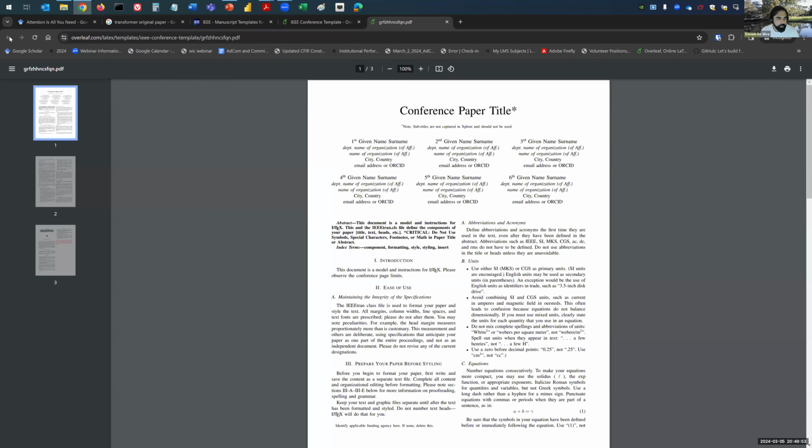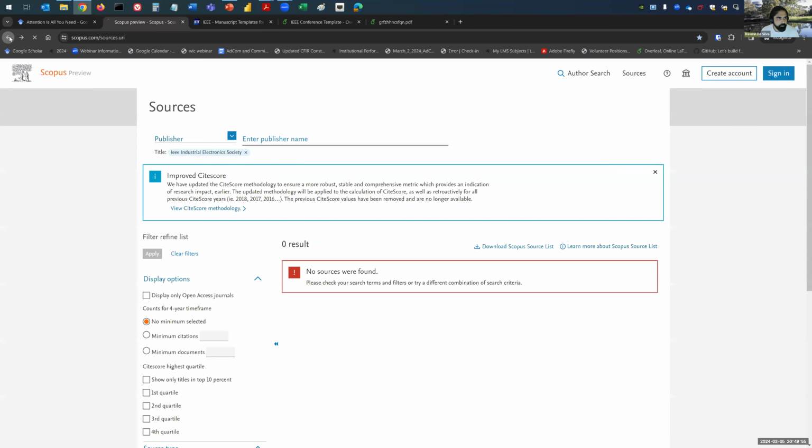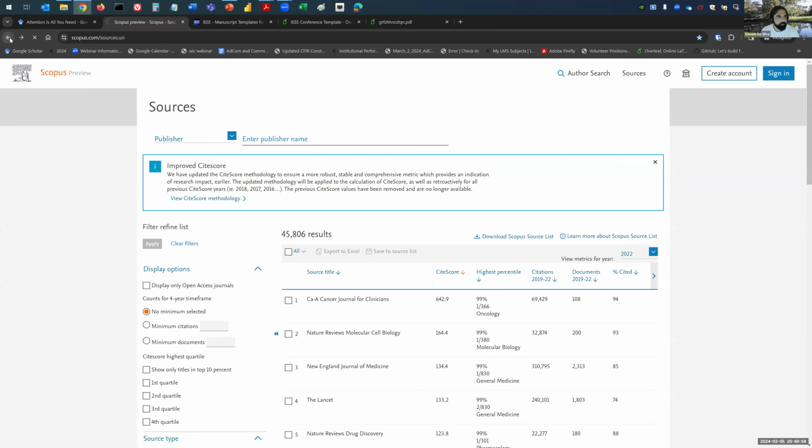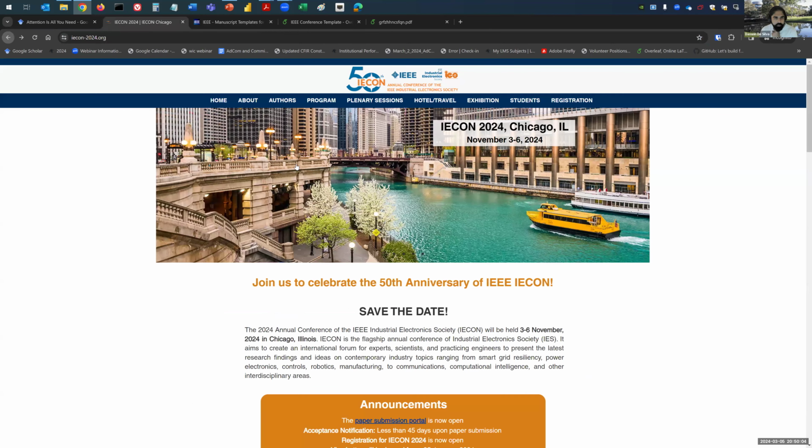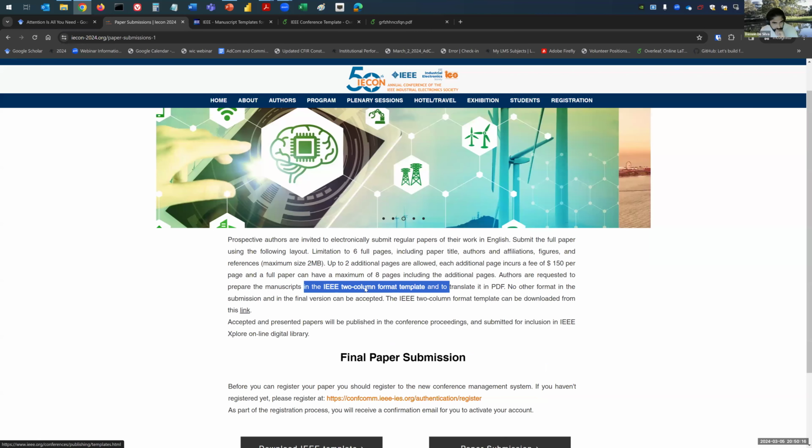Actually, I should start from the beginning. Yeah, so if you go to the ICON website and then you go into authors and then you find paper submissions, and then they talk about this. So here 6 full pages. This is the template. And if I click on that link, excuse me, takes you to this format,